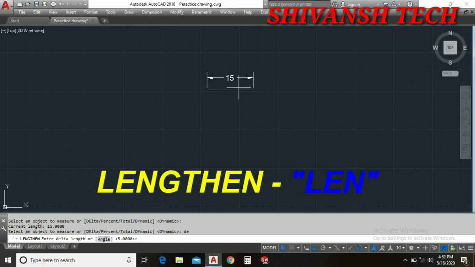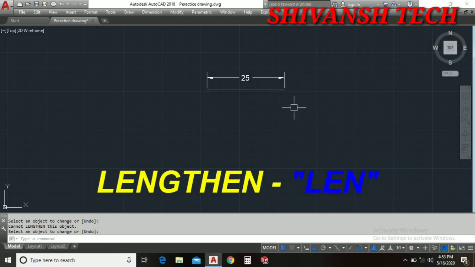Now the current length is 15 and I want to increase the length by 10 mm here. So I'll enter 10 in the delta length and then press enter. Now it is asking to select the object. If you select from this side, the object will extend to this side like this. And if you want to increase once more, you can click anywhere, here or here. Once is enough, so I just click and then press enter. Now we can see our line has increased in length. Now it's of 25 mm length.